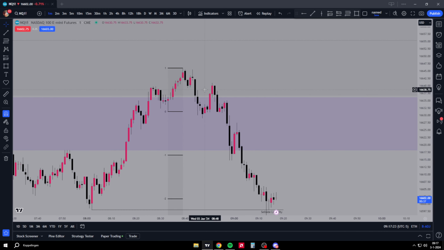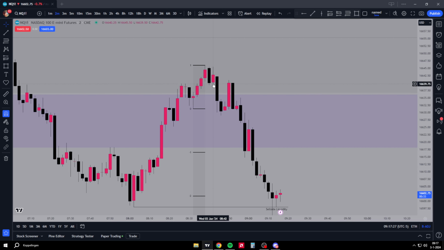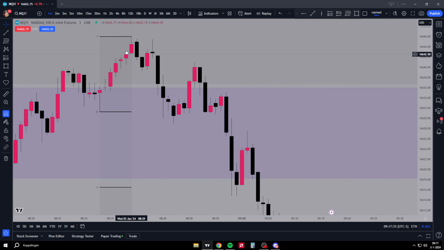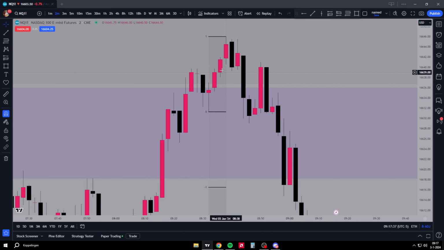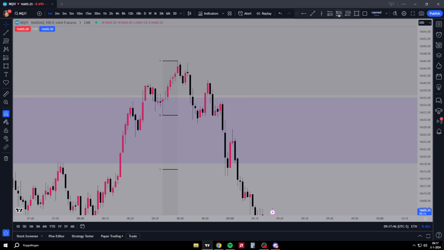And then my entry would be, this looks actually way cleaner, this fair value gap. But we look for everything to be a single fair value gap. And only on the 1 minute there was a single fair value gap. So why go to the 2 minute? That looks cleaner, yes, but only on the 1 minute we have a single fair value gap, and then on the 2 minute we have a single fair value gap. So why would we go to the 2 minute if there is a single fair value gap on the 1 minute already?